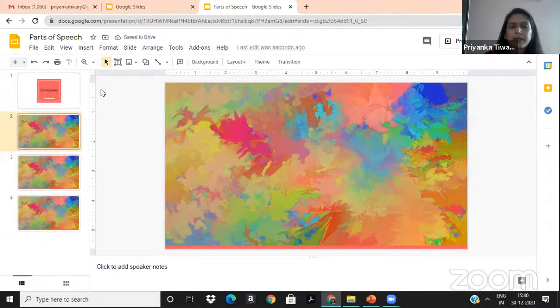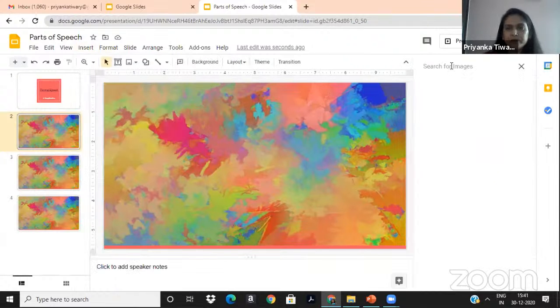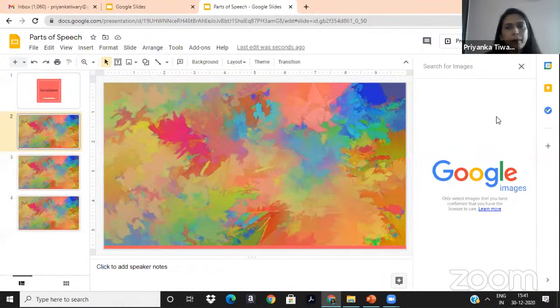Now I'm going to insert my image. Click on insert, choose image, and then there are these options: upload from computer, search the web. I'm going to search the web. So this is the beauty of Google Slides. You can immediately search the web by staying within the slides itself. You don't have to go to another window. So I click on search the web. On the right hand side, you see Google has opened up, and I'm going to write over here